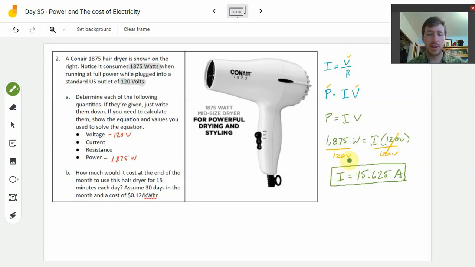It's fine blowing on hair, but you don't want to slip and fall into the bathtub with it. That would be bad, right? That's why you don't use these while you're in the bathtub. Don't do it. And then if we look at now, we have the current, so we can solve for the